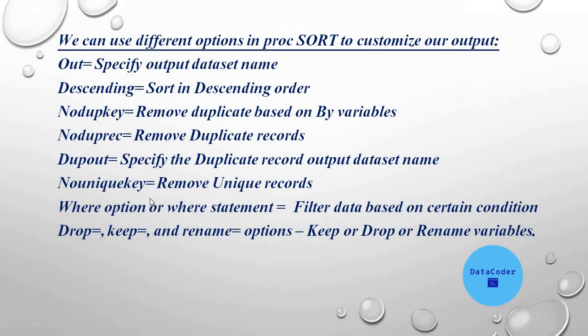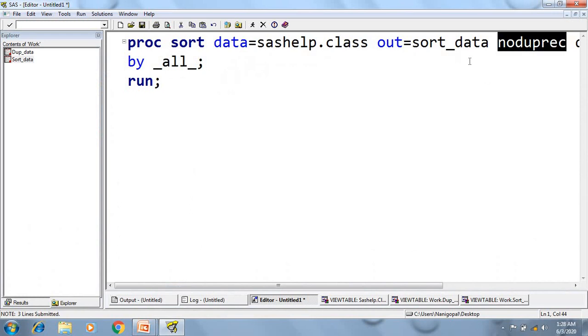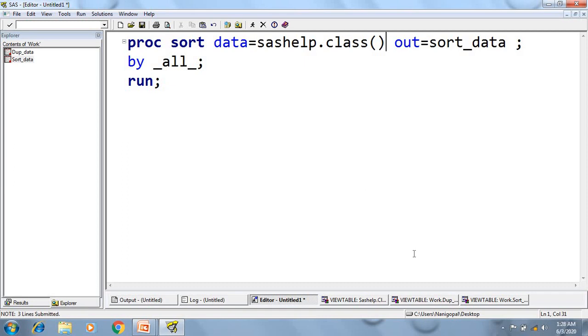Next is NOUNIQUEKEY. NOUNIQUEKEY will work in the same way. It's going to remove the unique records. Next option is the WHERE option or WHERE statement. So by using the WHERE option or WHERE statement, we are going to filter our output while reading from the input data set. Okay. So here I want to just